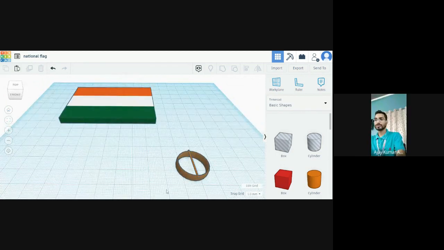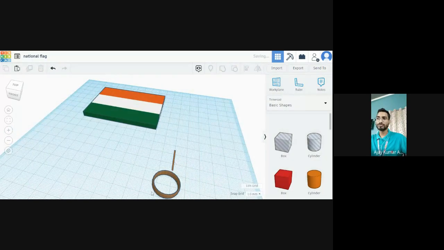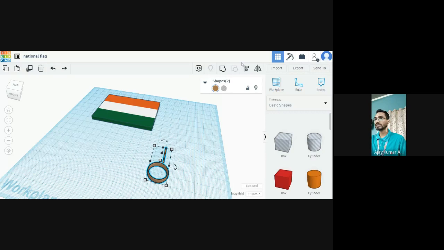Okay, so I can just redo the options. Like we have any two figures and we have to align them to the center of the circle. So I am going to select both figures. I selected both figures, and make sure the outline turns blue, so that it will be easy to understand what you have selected. So again just click on the align command. We have to click on the align command, and you can just simply type L on the keyboard. So the align command will be like this.